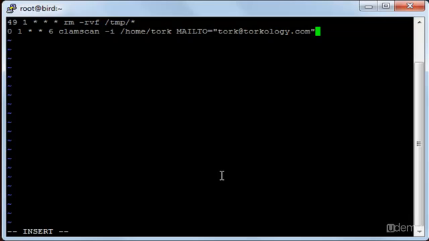There is another way, after the command. Let's make it in another line. For example, I will type the same command, but I will not save. I will just show you how to do the other method. For example, here now I have a command. The other way to send the result to a specific email is to type after the command -c and then -m and then the email,